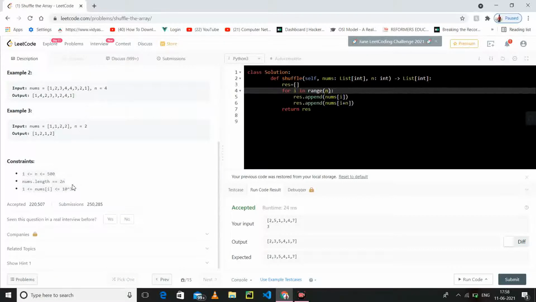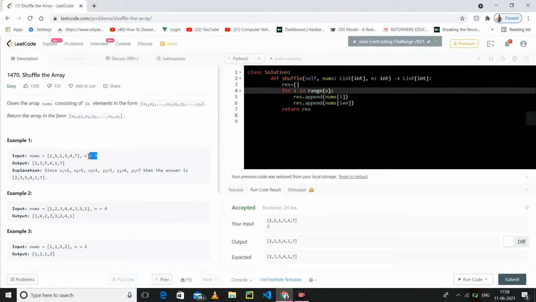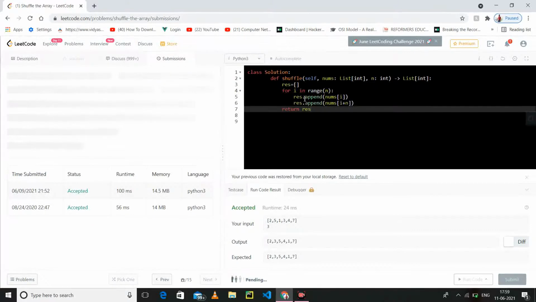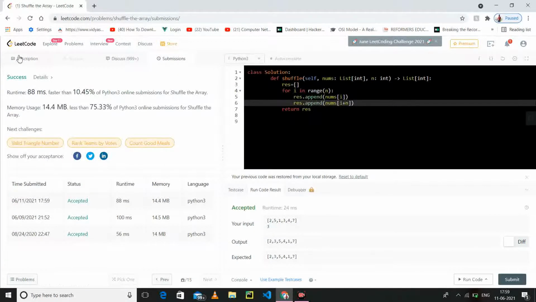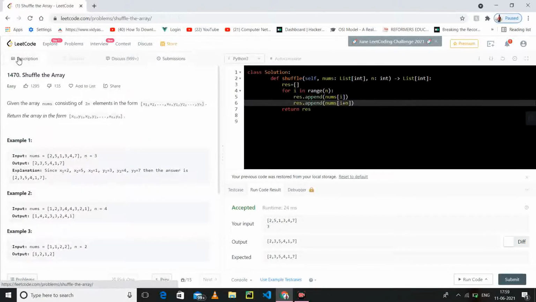Because it is a multiple of 2 and we have been given n, this is x1, this is y1, this is x2, this is y2, this is x3, this is y3. Let's run it. So this has been executed. Now let's go to our second question.